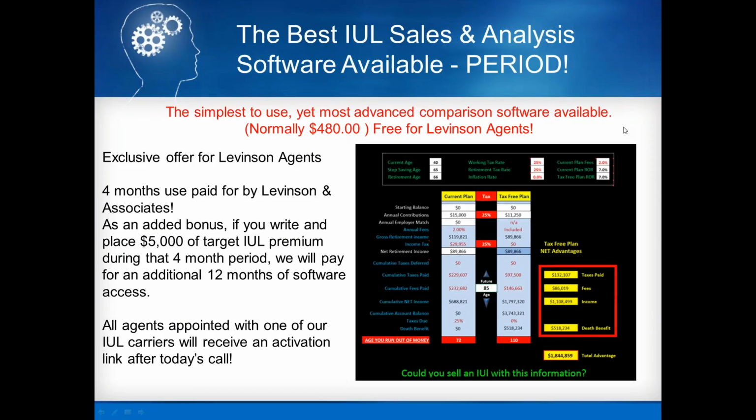I do want to preface, before we introduce Steve here, just a little bit about the software we're covering today. This is by far one of the simplest, easiest to use platforms that we've ever seen. Normally the cost for this is going to be almost $500. This is, again, free for all Levinson agents. We're basically covering 4 months of the software access. And as an added bonus, if you write and place $5,000 of IUL premium during that 4-month period, we're actually going to pay for an additional 12 months of software access so you can keep using the program moving forward,